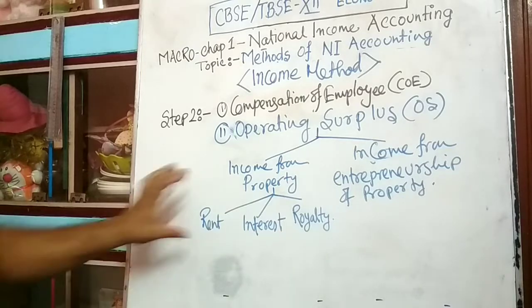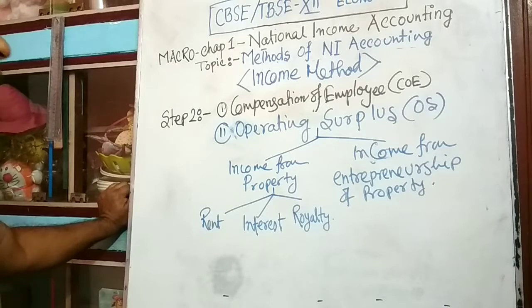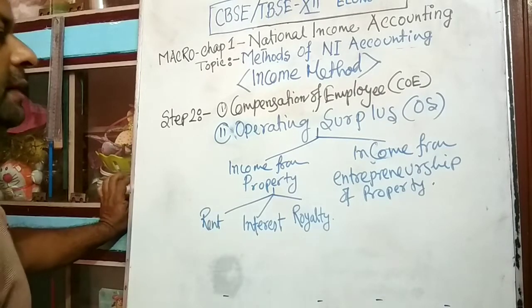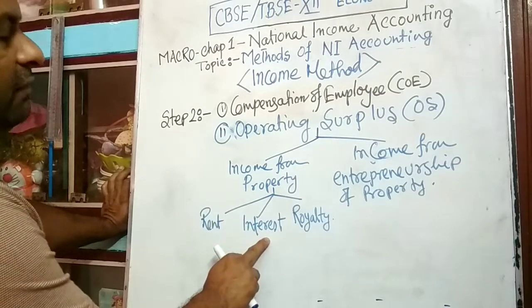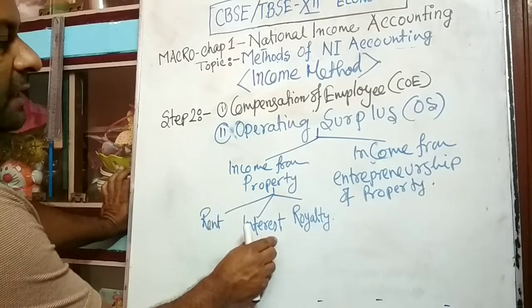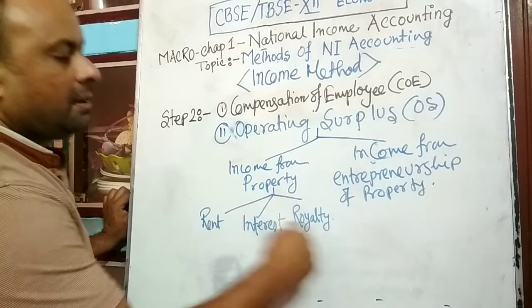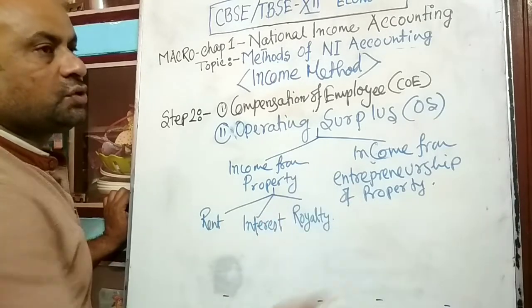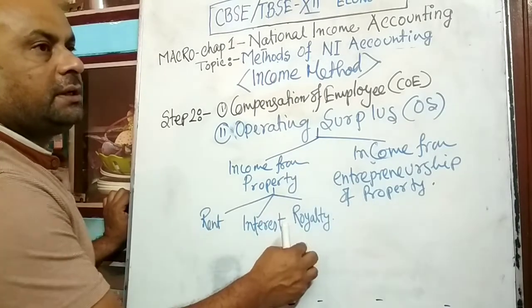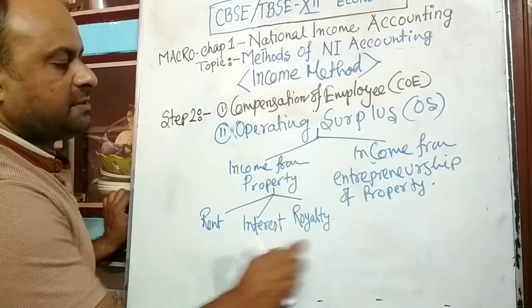Okay, what is it? Suppose I have a land. If I give it to a farmer, he will cultivate, produce food items, sell them in the market, and he will return back some money. This is rent. I have a lot of money. If I keep the money in the bank, it will return interest. I have a mango garden or a pond. If I lease it to some person, that person will generate income from it and return royalty. All are money, only the names are different.